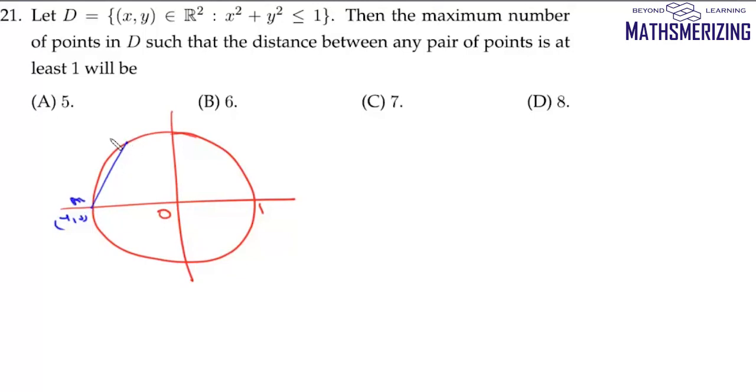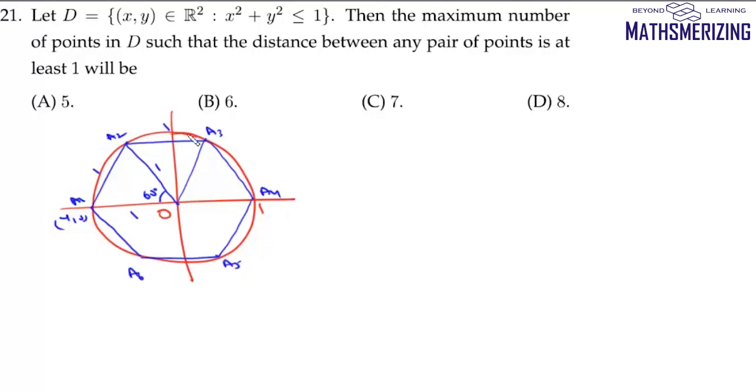Now let it be A1 and it'll be A2. Now since this is 1, this is 1 and this is 1, it is an equilateral triangle. This angle will be 60 degrees. Now again we can take another point at a distance 1 unit. And if we continue to do so, we'll get this regular hexagon. So we have A1, A2, A3, A4, A5 and A6.